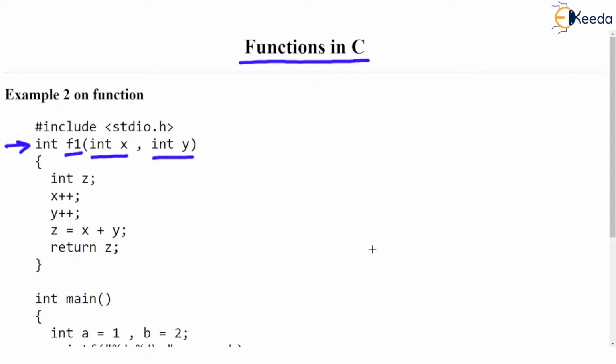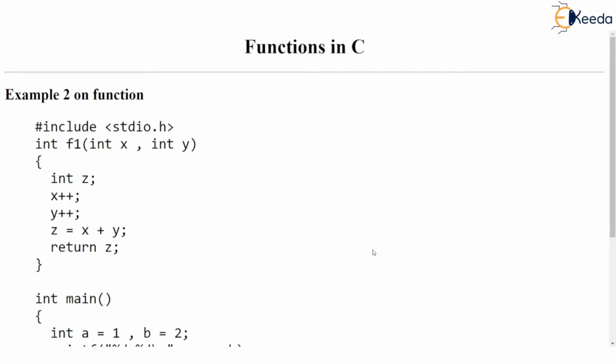So f1 is the function having two parameters. But in the previous video, the return type of the function, recall, was void. But this time the return type of the function f1 is integer, int. So the last line of the function is return a value and the rest of the function is given. So the simple question asked is, what is the output of this program?